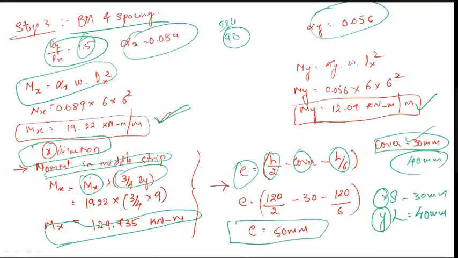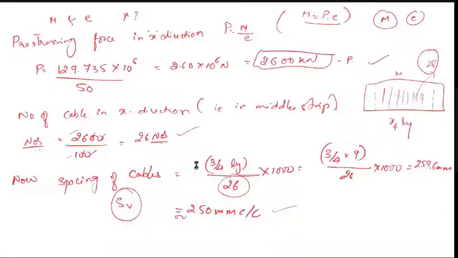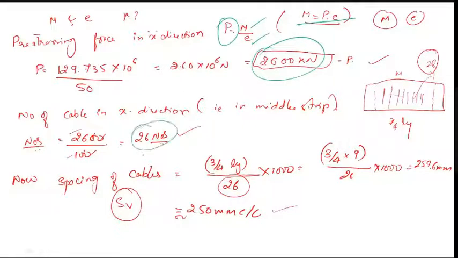See here, determine the moment in the middle strip along with E. Here you have got the value of M, here you have got the value of E, then you have to determine the value of P. We know that moment is force into perpendicular distance, so we just need the value of P. We know the moment and the value of E, just substitute and you will get the load in kilonewton.